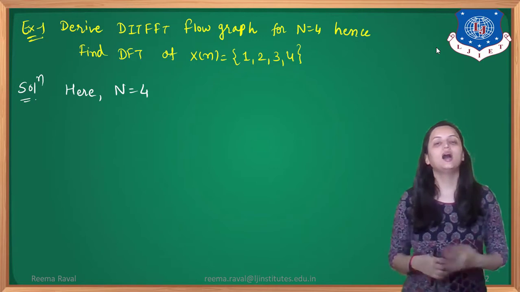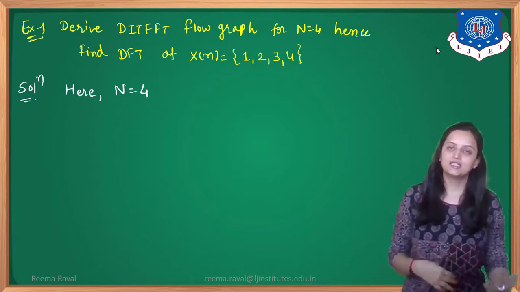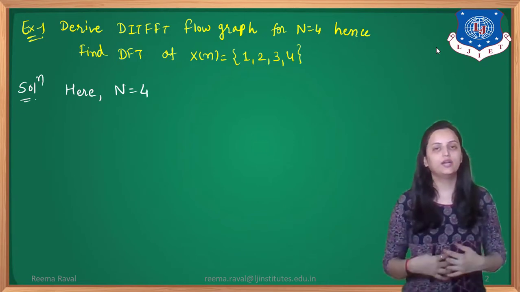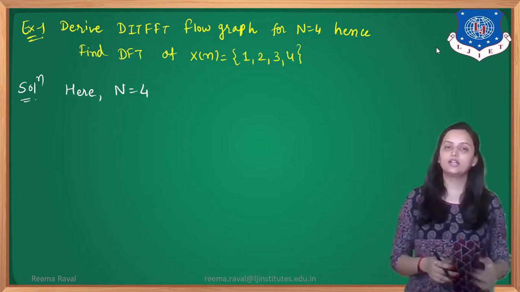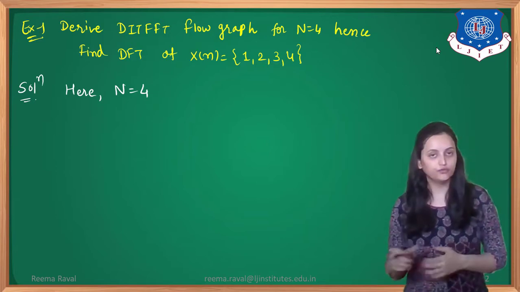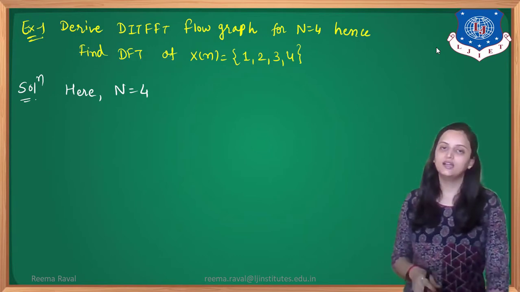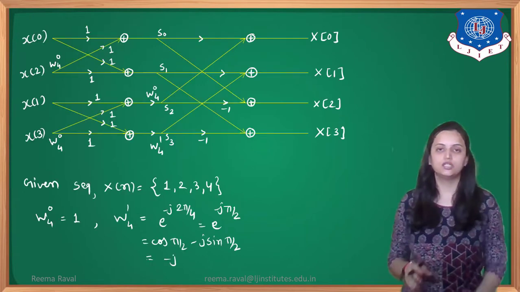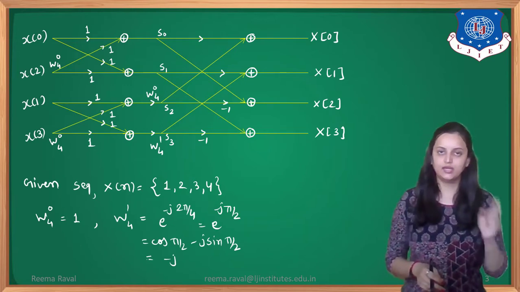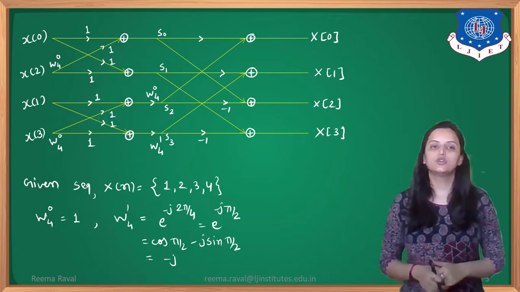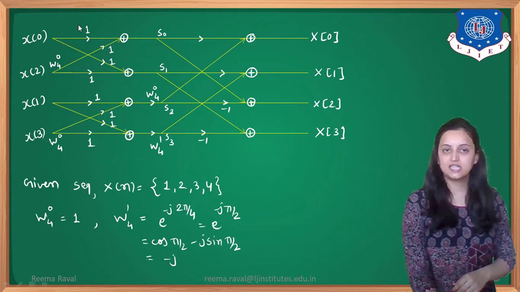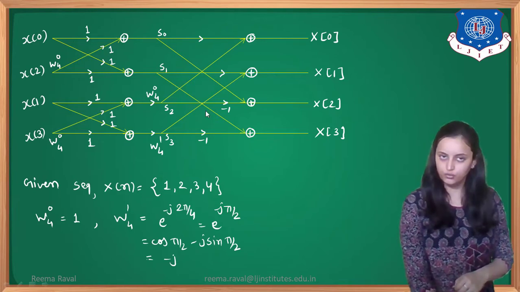That means from the formula N equals R raised to B, we have to calculate the output stages. So if we calculate the output stages, we will have 2 output stages for N equals 4. Okay, so here there will be 2 stages only. So the structure will look like this. Here there are 2 stages, S1 and S2, right? So the values are to be placed according to that. As you can see, this indicates stage 1, this indicates stage 2.